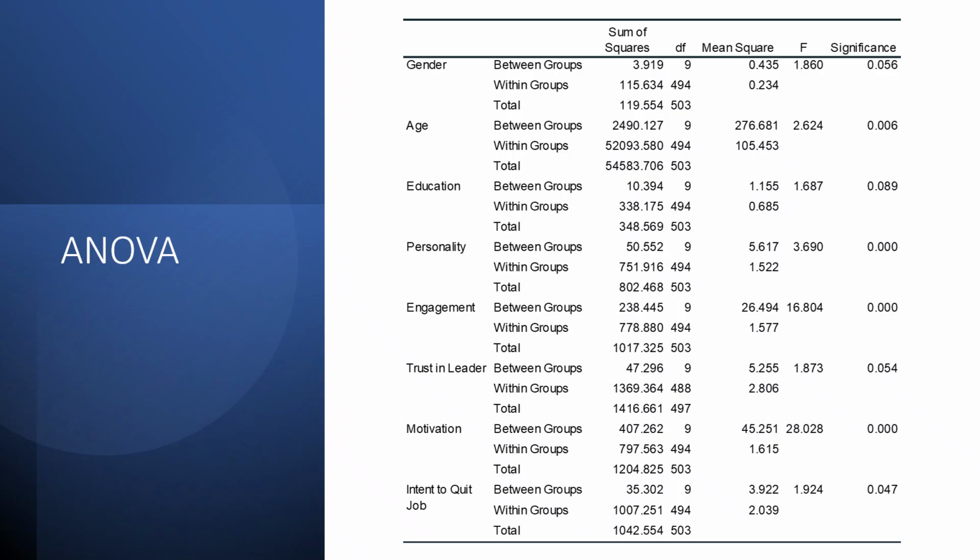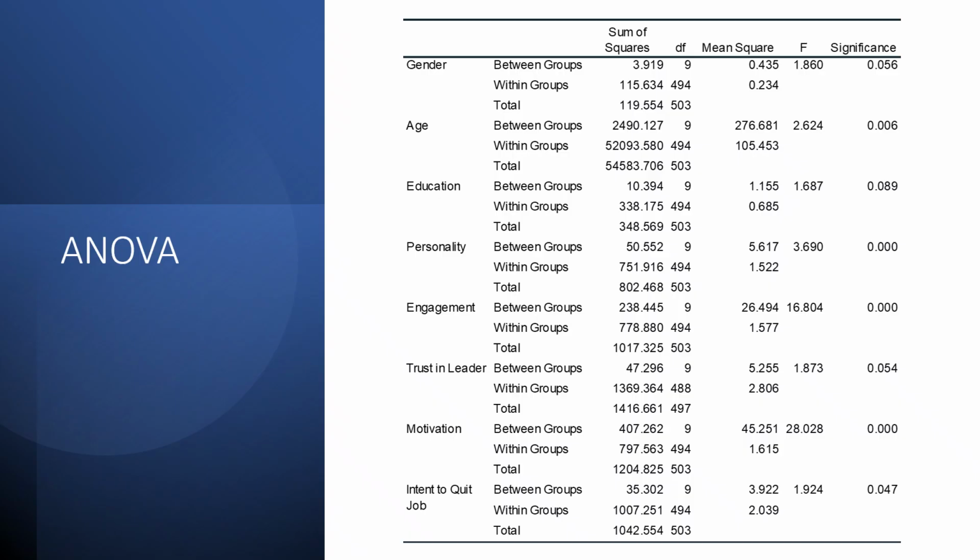Similarly, engagement's significance level of less than 0.001 is less than the alpha and shows that the next null hypothesis H50, that there is no difference in the engagement average across the comparison groups, is rejected, and its alternative hypothesis H51 is accepted. Trust and Leader returned a significance level of 0.054, accepting the null hypothesis H60 and rejecting the